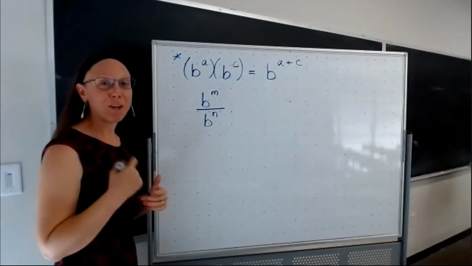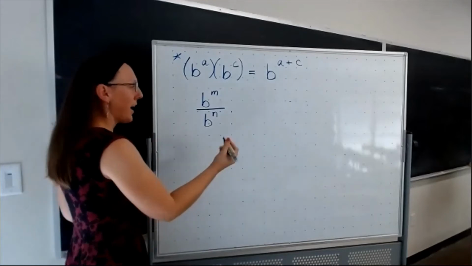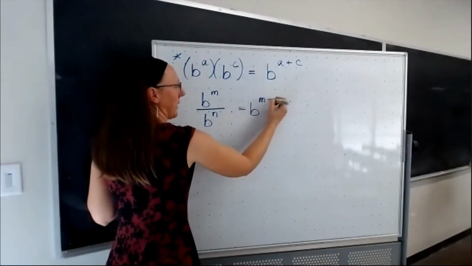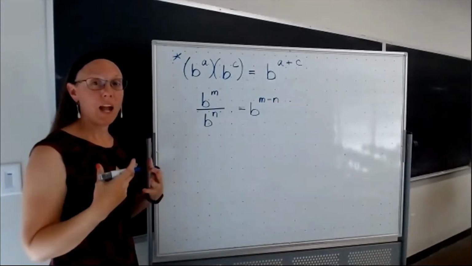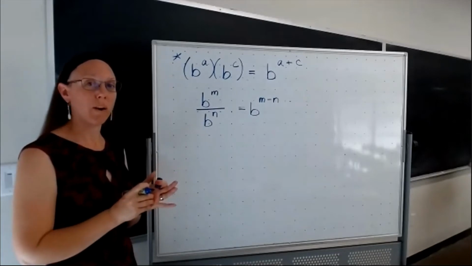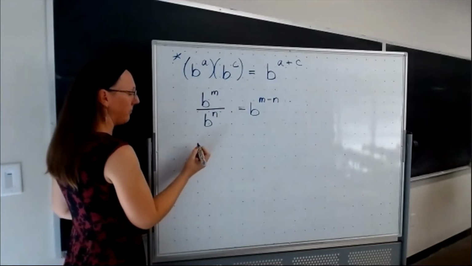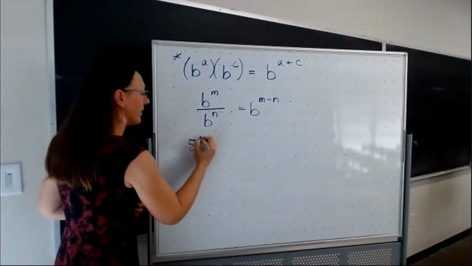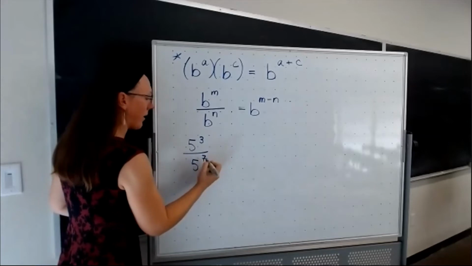If I had b to the m divided by b to the n, shortcut wise, this is just going to become b to the m minus n. Now there's all kinds of ways to get there. Again, thinking about if I only had the additive law of exponents to work with, then we could choose to rewrite this. And let's do it with some concrete numbers. So if this said 5 to the 3rd power divided by 5 to the 7th power,